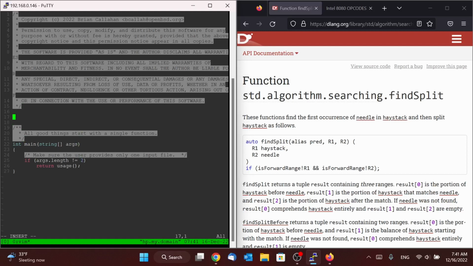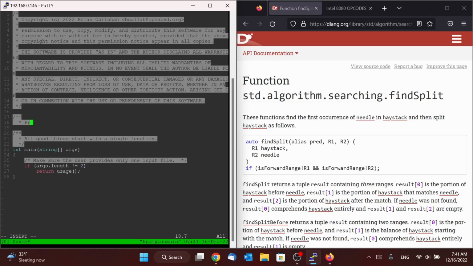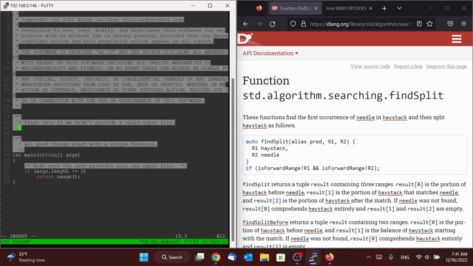And so that's going to require us to come up with a new function called usage, and we'll say print this if we didn't provide a valid input file, then we quit the assembler.